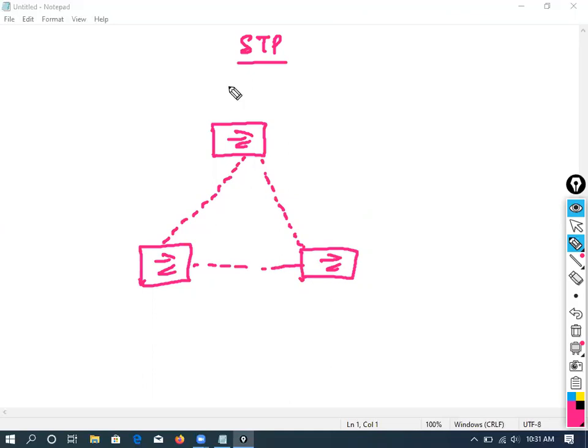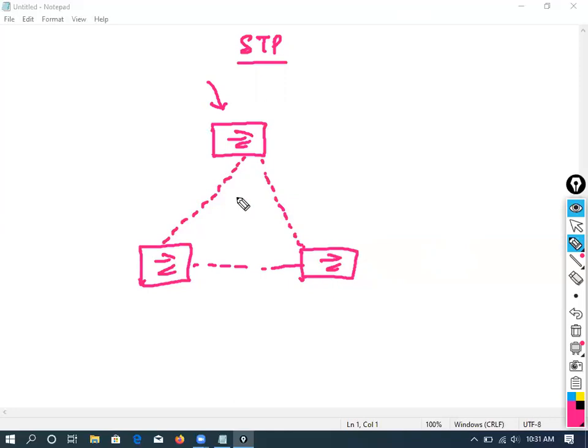But how does a switch actually identify that yes, I connected in a loop format? We can tell because we are doing the configurations and we know the concepts. But how do switches identify that they are connected in a loop format? That's the first question. Clearly understand? The second question: okay, fine, even if it is found, what may it do? And the third question, I would say: which link will be considered as a redundancy link?